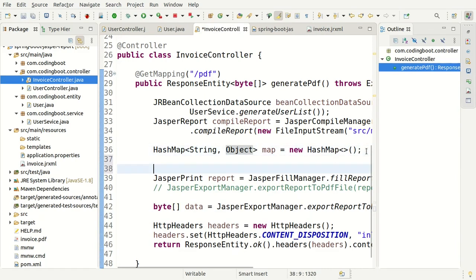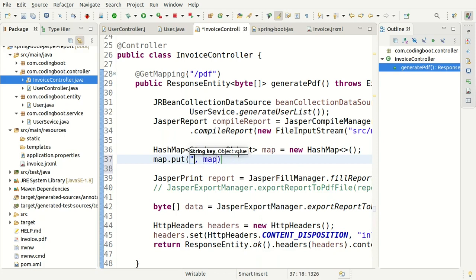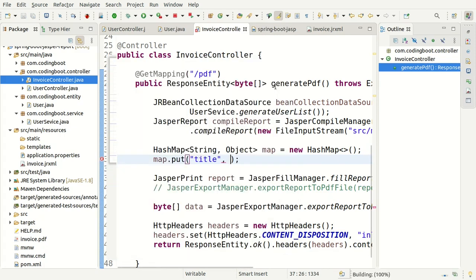passing why it is now object type, because we may have different types of values, like we may have an integer or sometimes a string. Okay, so map dot put and key, I created one title, then pass this one title something, what user report. Okay, or better, I just want to take one dynamic value. Okay, so what I can